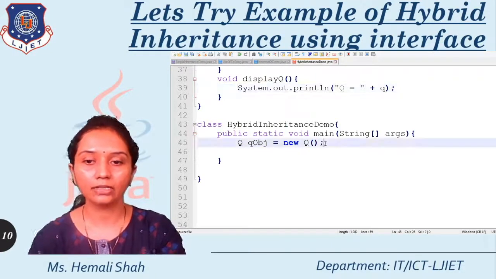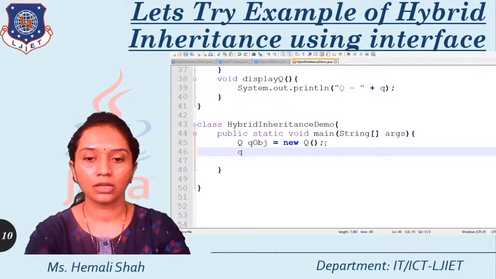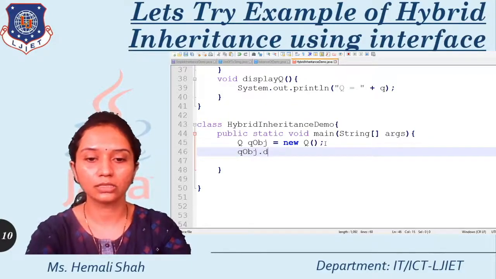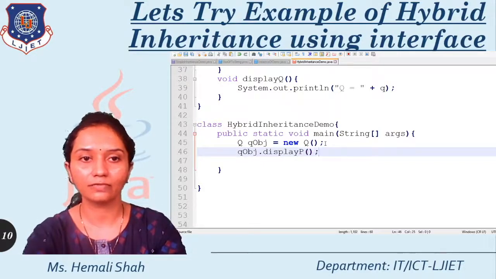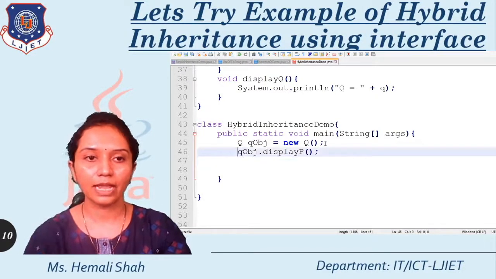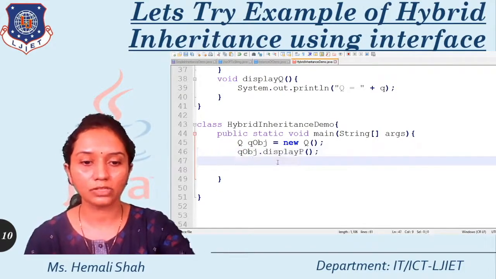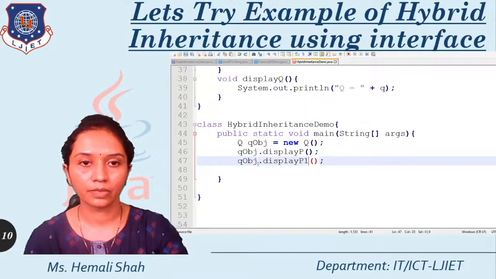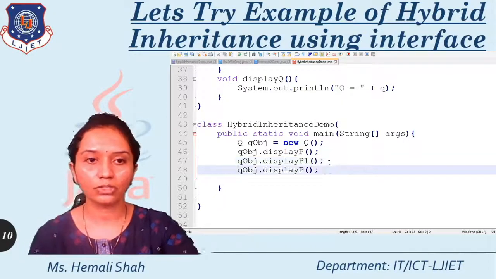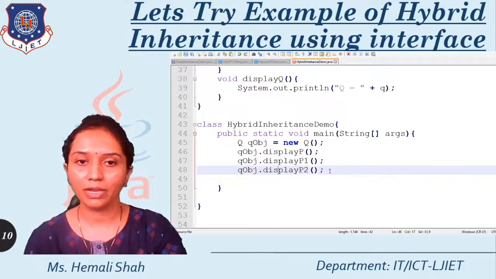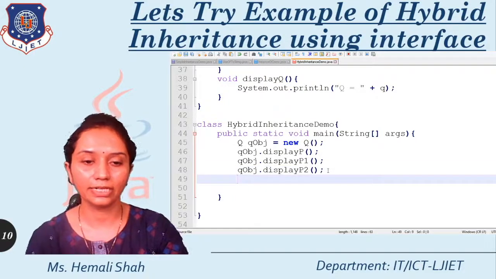Then I can call the functions by using this Q object dot, just call all the functions. First I am calling the function of the p interface, display p, then I am calling the function display p1. This is the abstract function of the p1 interface. Then call the function of the p2 interface, and the function name is display p2 that we have already created.